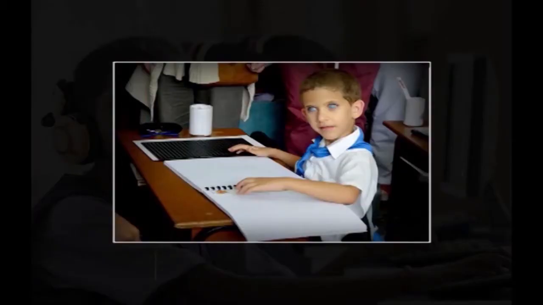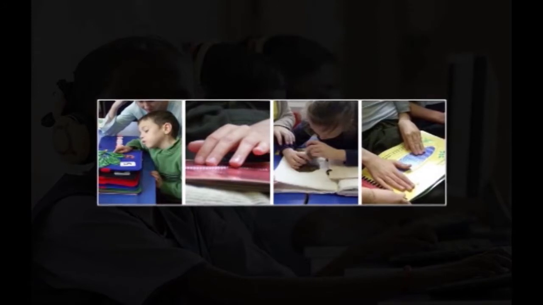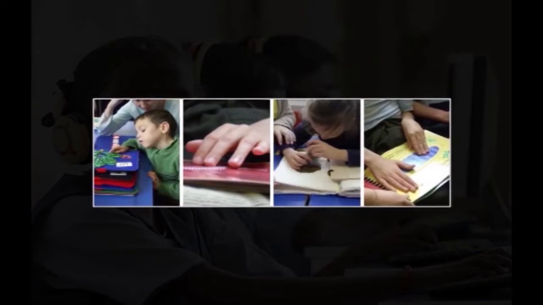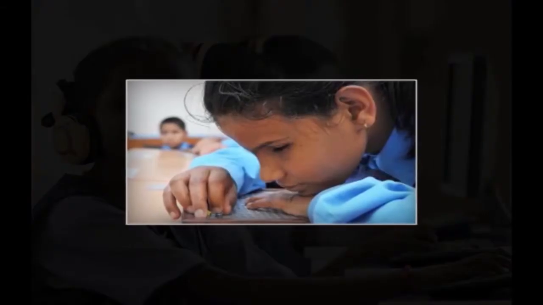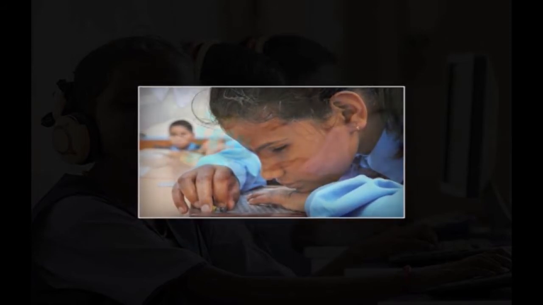The effect of visual loss depends on a number of factors, like the degree of loss of vision, and also on the early identification and early intervention services, the parents' and teachers' involvement, as well as when the visual loss occurred, whether it was before basic communication, language and visual recognition were developed or after.